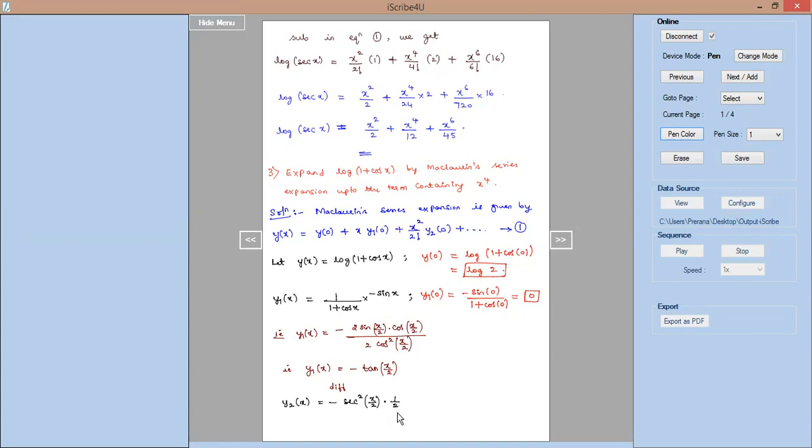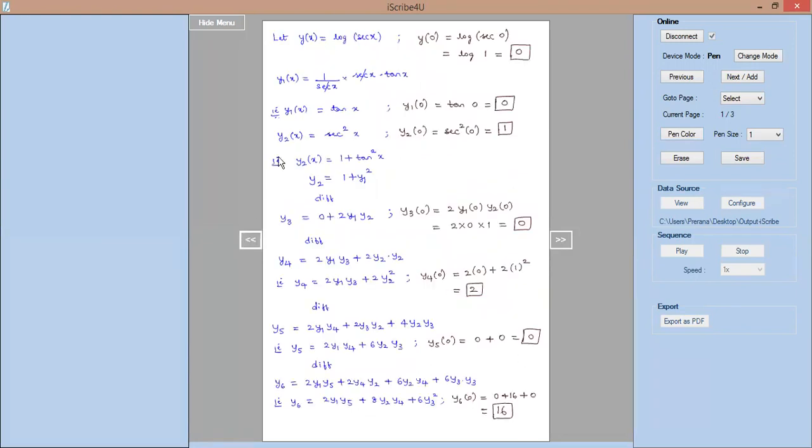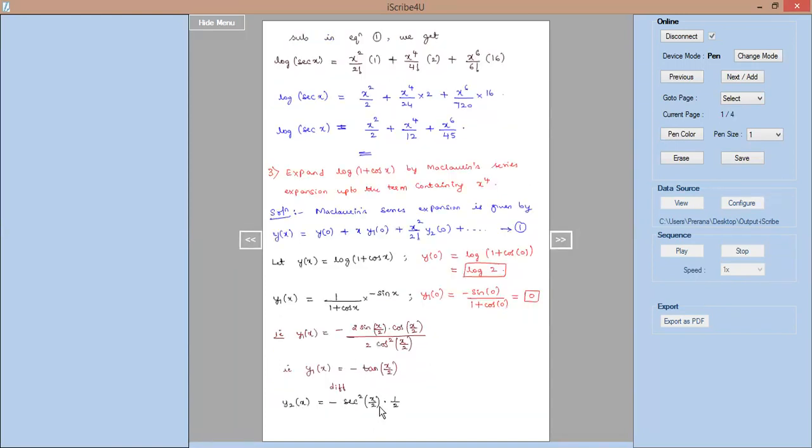Now what was the purpose of writing like this is, again we can represent secant square x by 2 as 1 plus tan square, and tan square can be written as y1 square as we did in the previous problem. So secant square was represented as 1 plus tan square, which is nothing but 1 plus y1 square. In the same way here also we will be able to write it down keeping minus half constant as it is. So we will do that next.